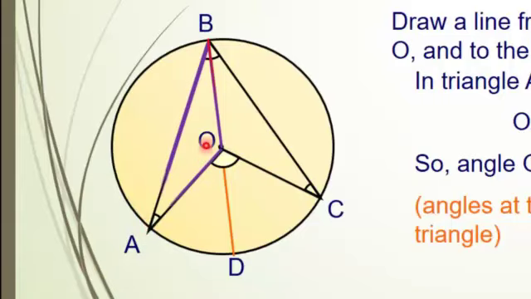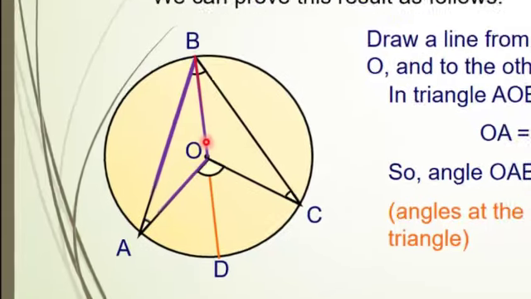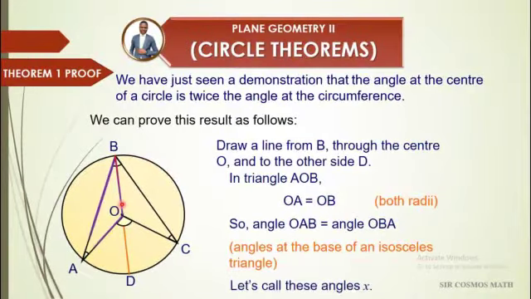Why am I saying so? Because they are all radii. Line OA is a radius and line OB is a radius. That is why we are saying these two lines are the same. So line OA is equal to line OB, and I have indicated it here as they are all radii,